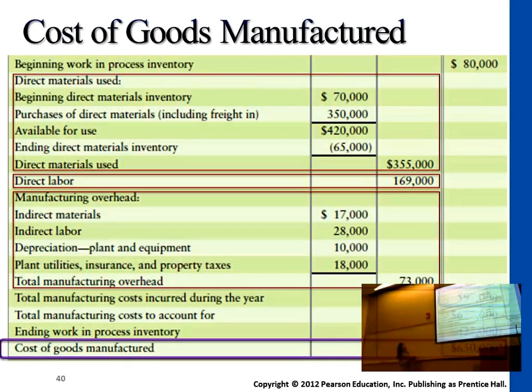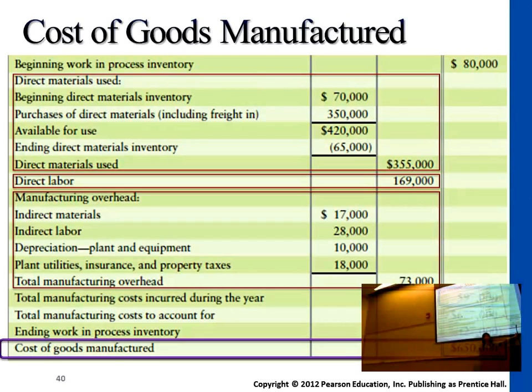$597,000, and we compare it against ending work in process inventory. Meaning that this year, just like last year, we have halfway done inventory. This year we may also have some of the inventory that is not yet fully done, not ready for customer yet. So we need to subtract that in order to get the finished goods cost. So cost of goods manufactured basically means the finished goods costs incurred in this period. These are the costs of the inventory that are now ready for customer,